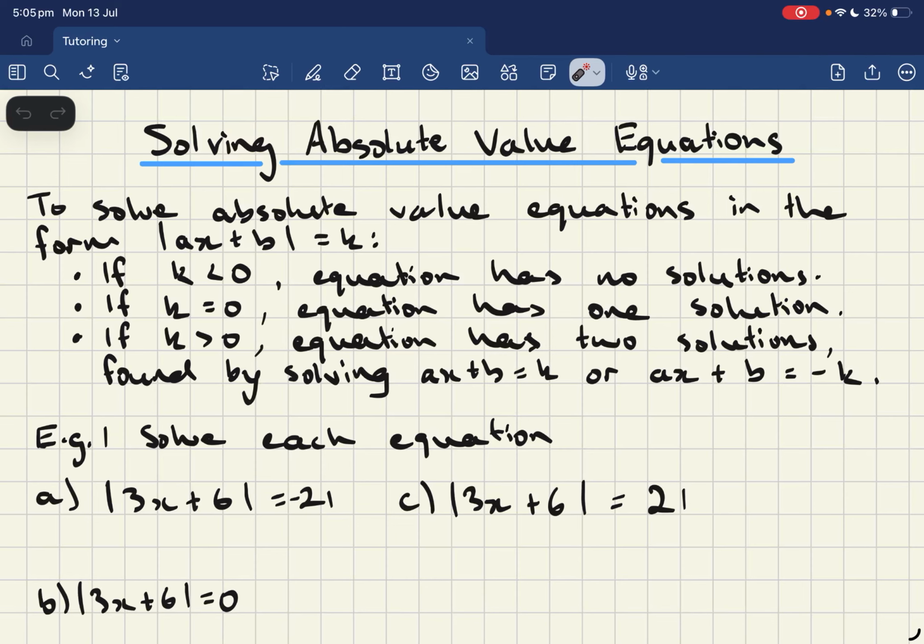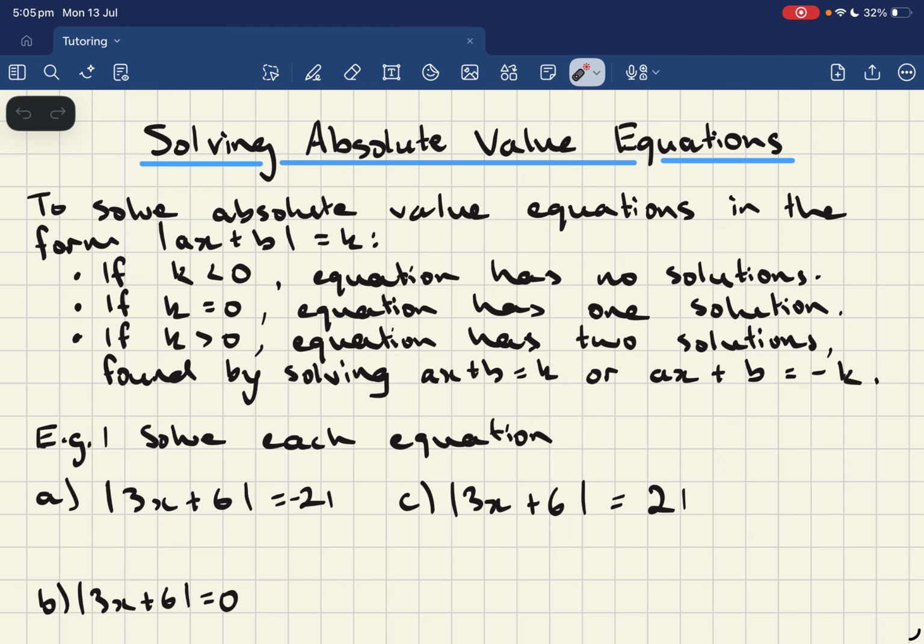So in this video, we are looking at solving absolute value equations. Now the equations we're going to be solving are going to be in the form of the absolute value of ax plus b, where a and b are just constants, x is our variable, equals k. Now there's going to be a couple of results that we're going to be getting based on the definition of